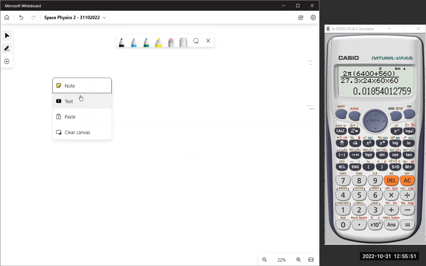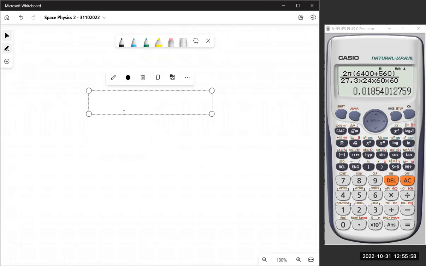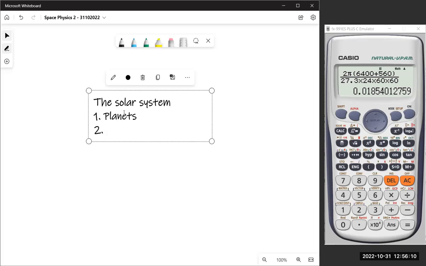All right, just a second. Now, what are we studying in this part of the chapter? What is the goal? Well, the goal is to look at a few things in the solar system. One, the planets. Second, we'll have to look at asteroids. We'll have to look at moons. We'll have to look at comets.